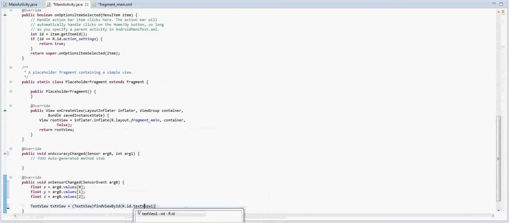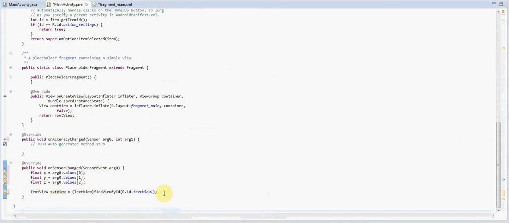I believe it's capital V. Alright, here we got some errors. Let's fix it. And let's see, what else do we need? Yes. So now we do textView dot